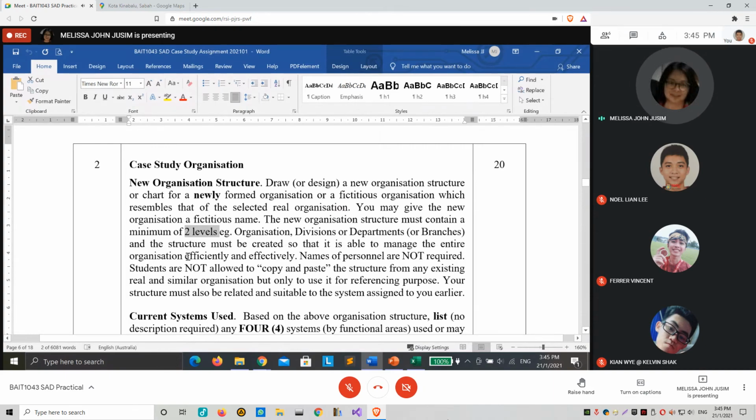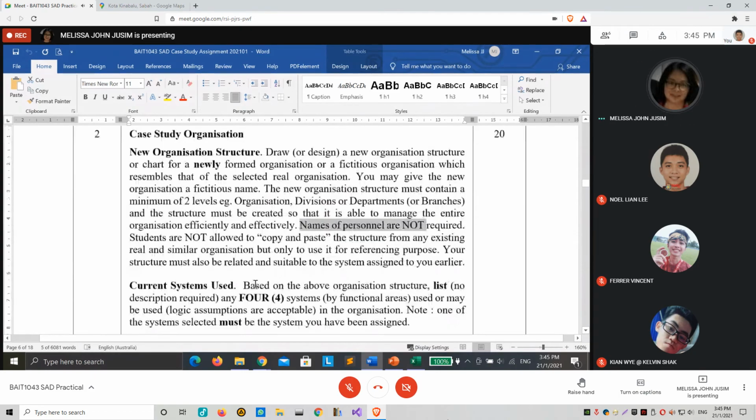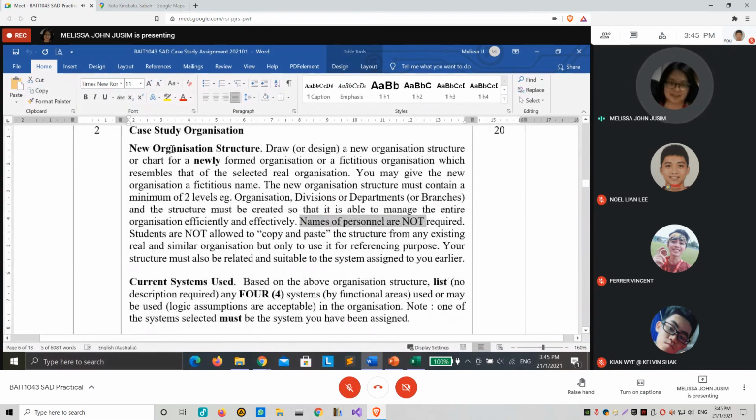If that particular organization has branches, make sure they are shown in your organization structure. If it's a standalone, show what departments are available in that organization. No need to add names of personnel. Since this is a new organization structure, please do not copy and paste. You only use it for your reference.